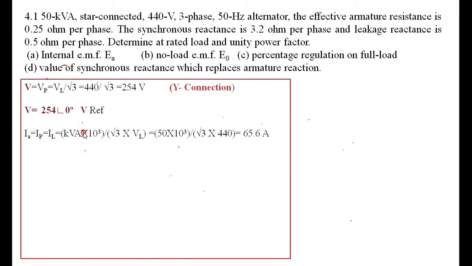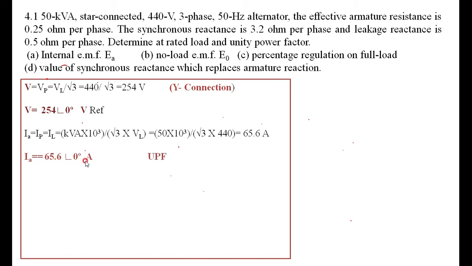Then I have to calculate the armature current, the per phase value, therefore I am representing this as IP equal to IL, because it is star connected. That is nothing but our armature current, given by kVA into 10 raised to 3 divided by root 3 into VL. Then you substitute the value of kVA and VL in this equation. What you are getting is 65.6 amperes, the full load current. Therefore, your IA is